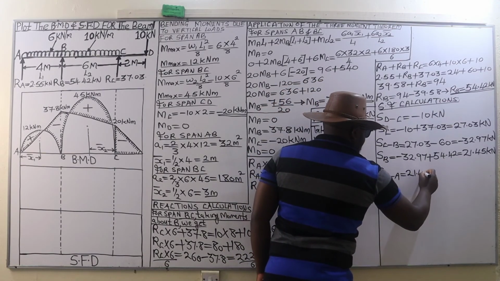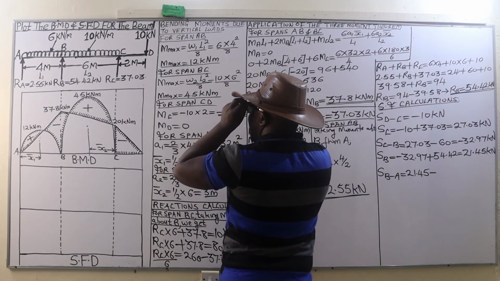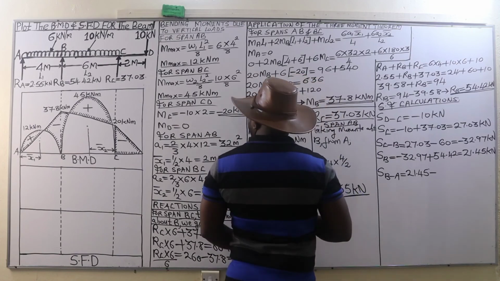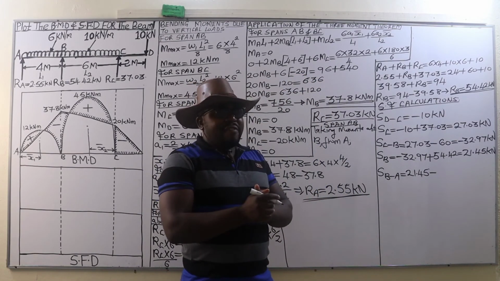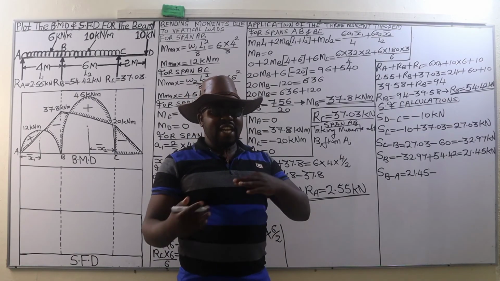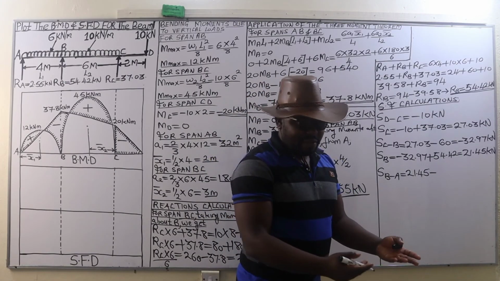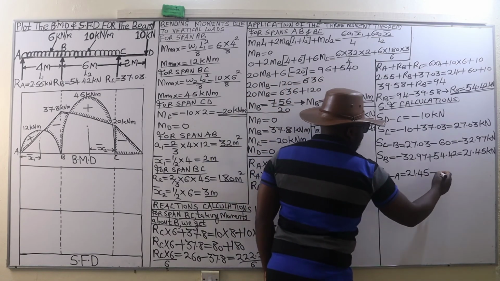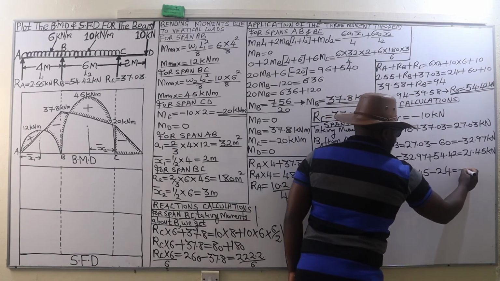Then we go to shear force between B and A, which is going to change uniformly from 21.45 to 21.45 minus, between B and A we have a UDL of 6 kilonewtons per meter, and it is distributed over a span of 4 meters. So converting it to point load, multiply the UDL times the span, which is 4. Therefore 6 times 4, that is 24. So 21.45 minus 24, which is going to give us negative